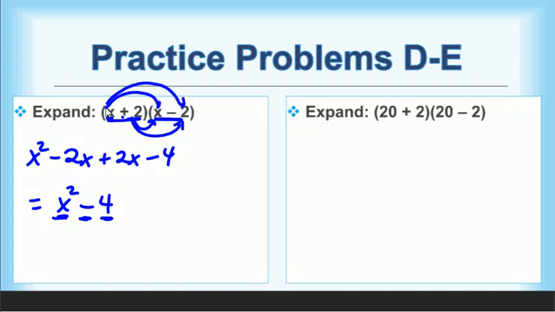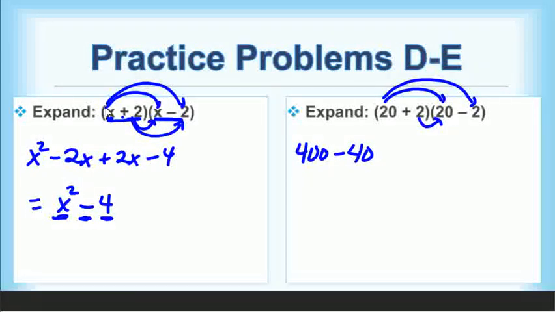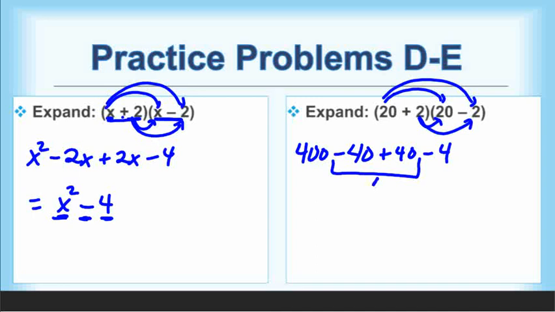So for this one, we have actual numbers in here. So 20 times 20 is 400. 20 times a negative 2 is a negative 40. 2 times 20 is a positive 40. And 2 times a negative 2 is a minus 4. So these middle two terms cancel out, that's 0. So I'm left with 400 minus 4, which would give us